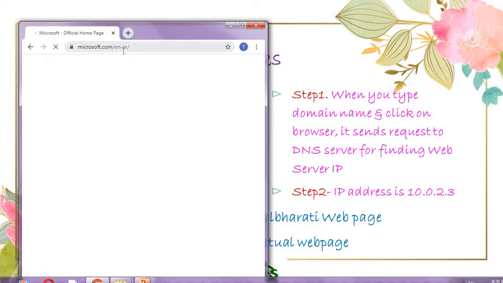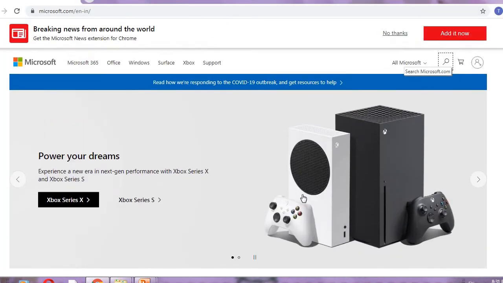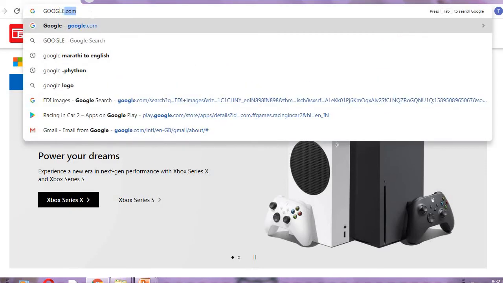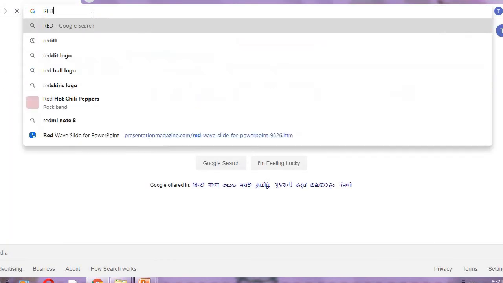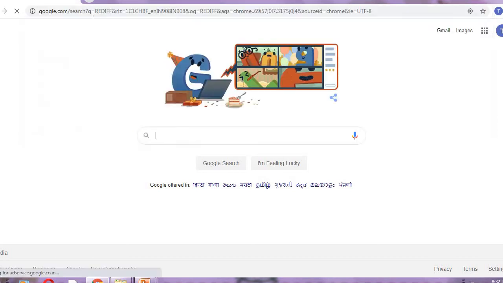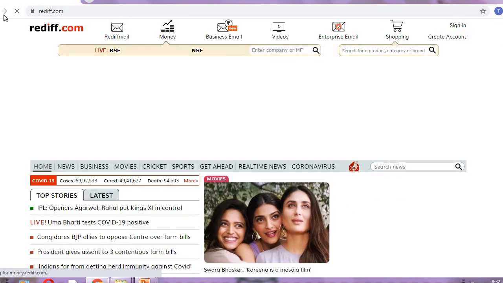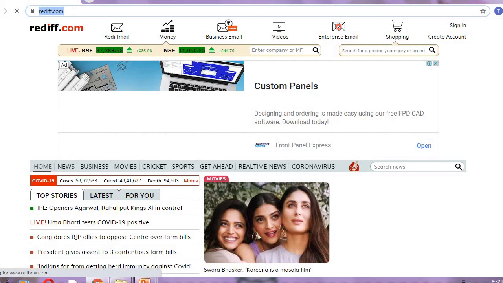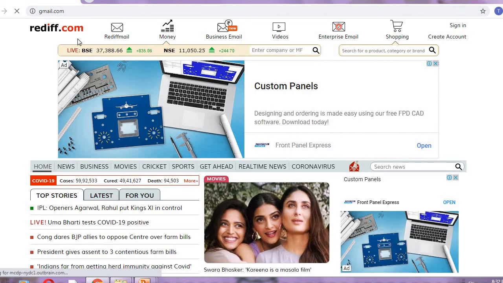This is the domain name of Microsoft. Google's domain name is Google.com. Then Rediff, this is the domain name of Rediff. Then Gmail. In this way, these are domain names.